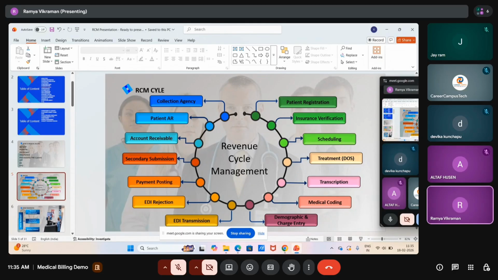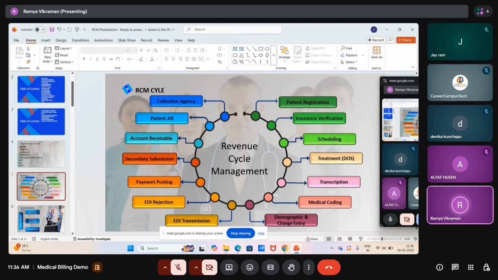As I mentioned, if any claims have not been covered, they will provide the justification or description of why it has not been paid. For example, the patient has given the wrong insurance, so during insurance verification it was not caught. Obviously that claim will be denied because the patient has given the old policy. So we will call and verify why it's been denied, like patient not eligible, and check the verification system.